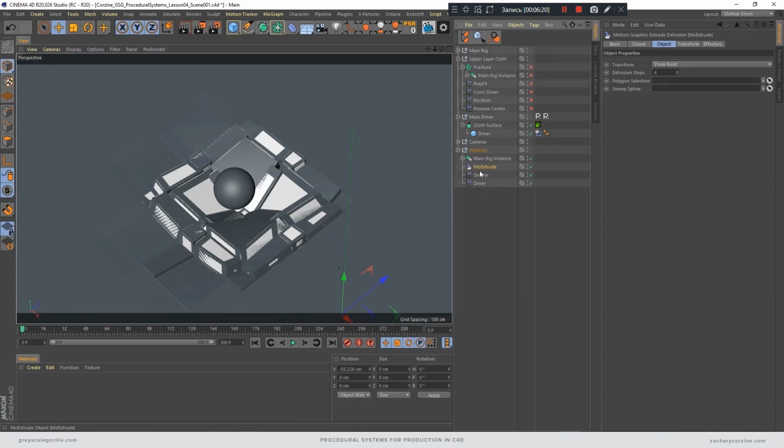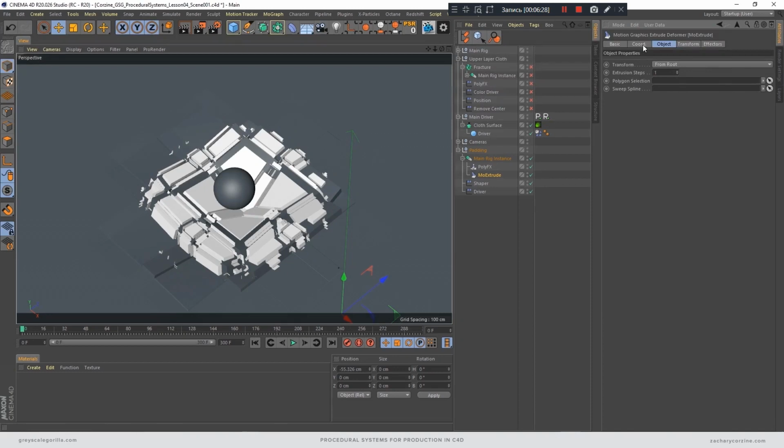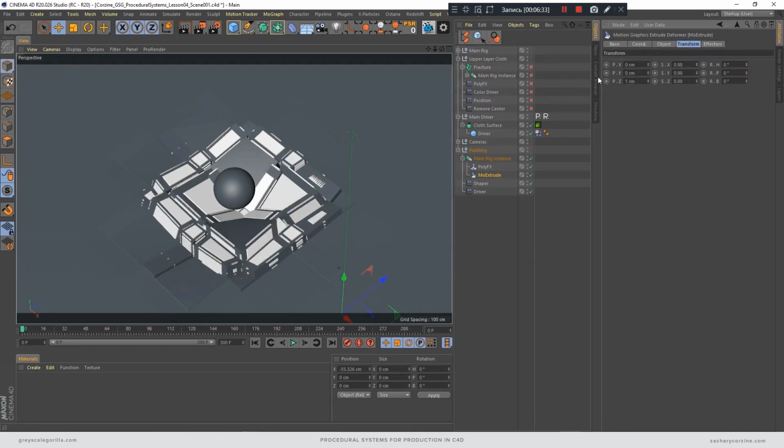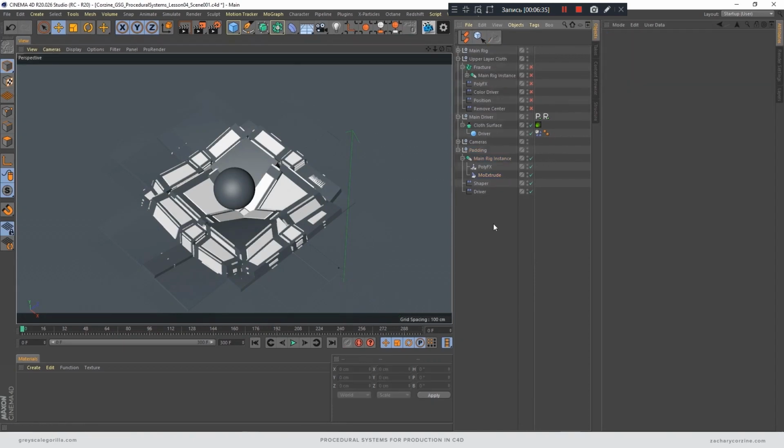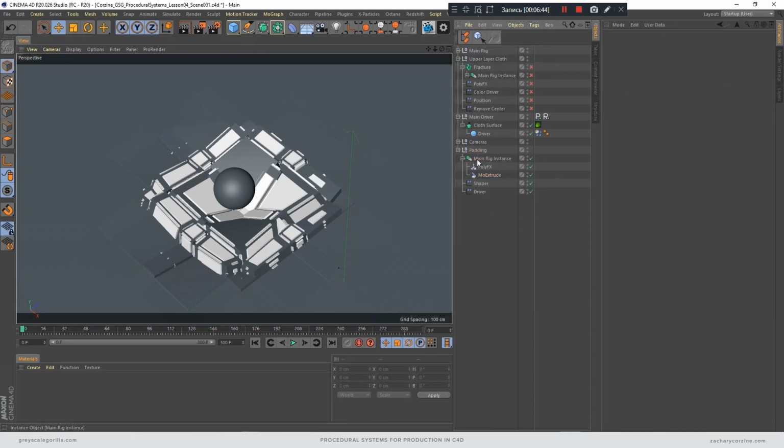So let's do that. We can grab this, and we'll actually just toss it into our stack here. We need to set our extrusion steps to 1, and we don't want that much extrusion. We could probably just do a little bit here, and just get a nice little bit of thickness across the board. So we have this now,